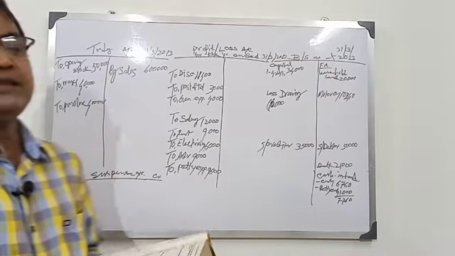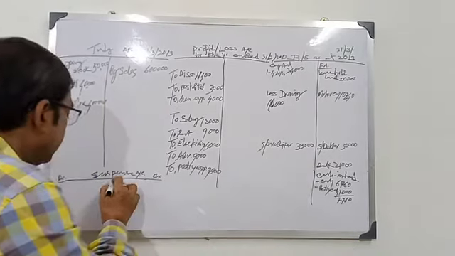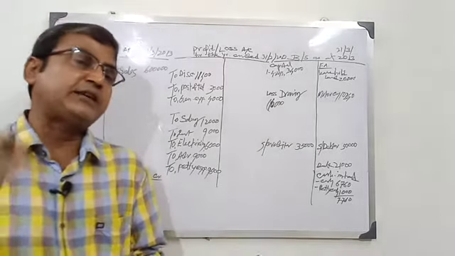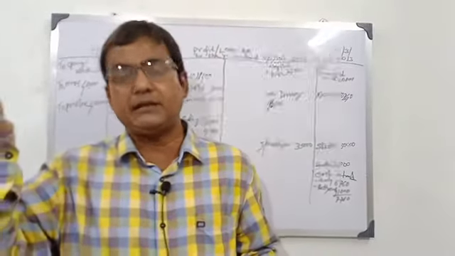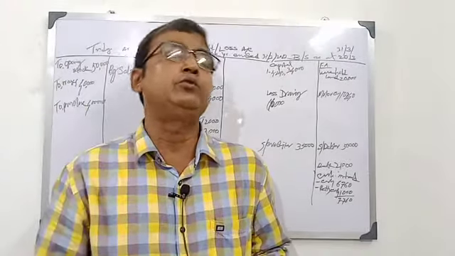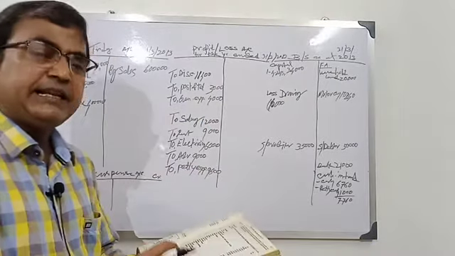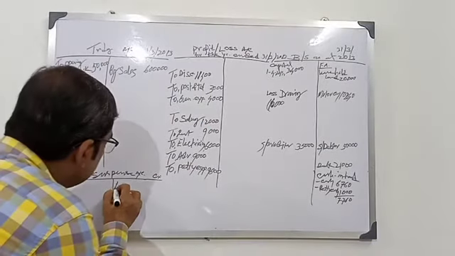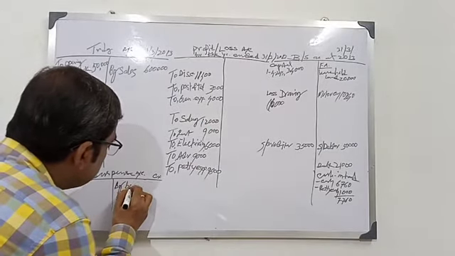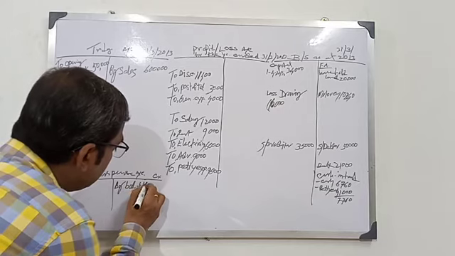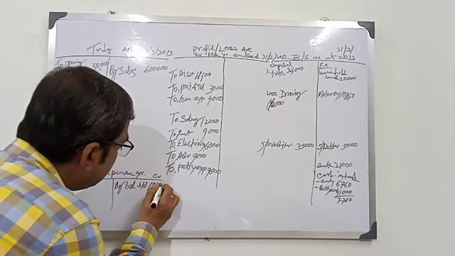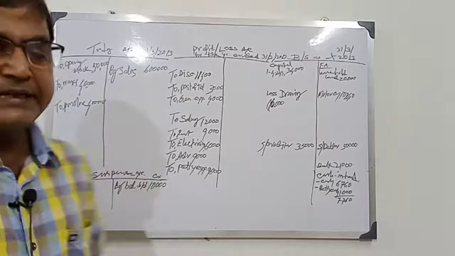Suspense account 10,000 given. That means there was a difference in the trial balance, and the difference was put into the suspense account. It is given on the credit side, so we will write by balance brought down 10,000. Now after rectifications,